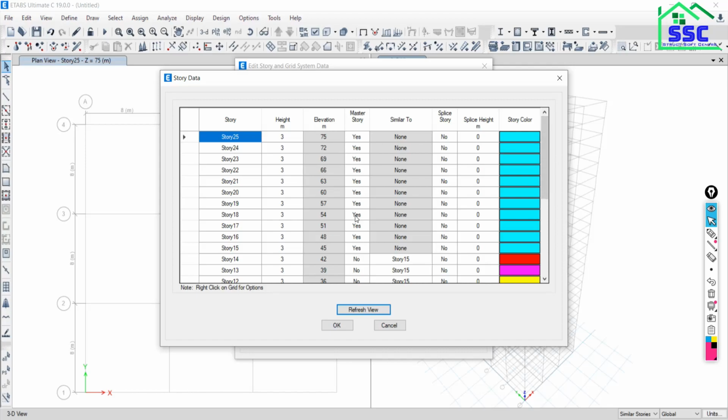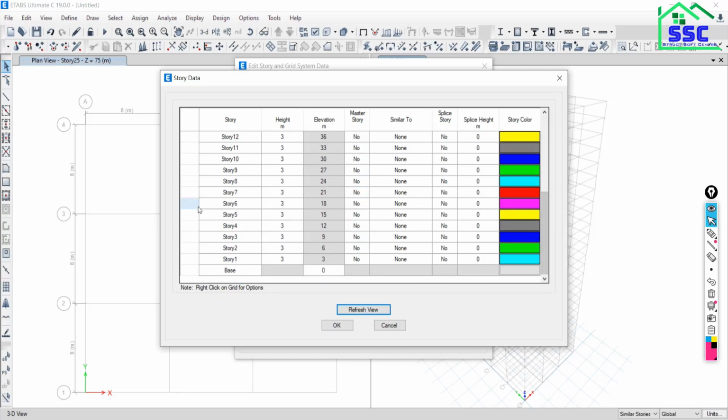Out of these 4 stories, you have to define one story as master story. First make it no, no, no. Your fifth story is the master story.